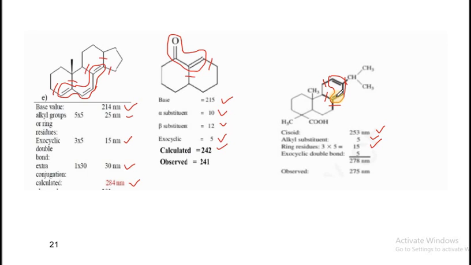And then this double bond is exocyclic to this ring, so 5 nanometer is added. And then these groups or rings present are not touching the system, so they are not considered in the main system, and so the total value comes out to be 278 nanometer, which is very nearly equal to